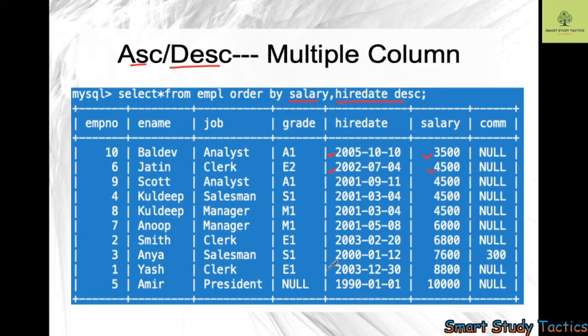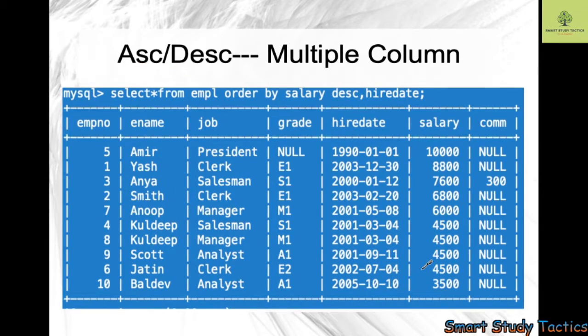One thing is here, you can see 2300 and 8800. Yes, it is changing the values. Why? Because it has to fulfill both conditions. Salary is in ascending order, but hire date is in descending order, so it has to fulfill this condition also. That's why it is coming here only, because this value is in ascending order and this value is in descending order. So it will impact this. Make sure that you understand this thing.